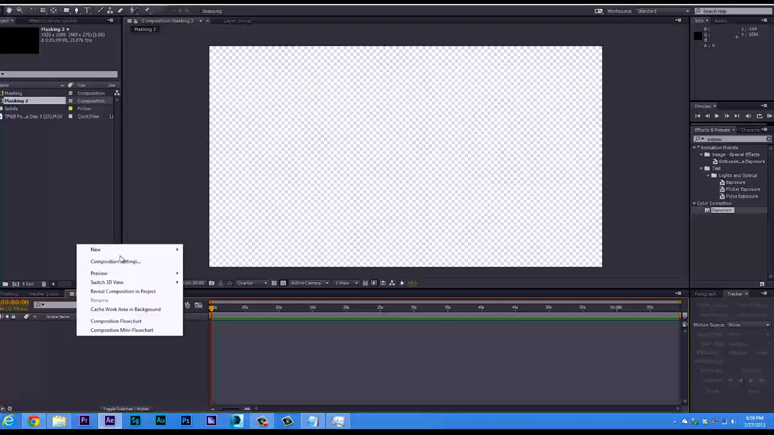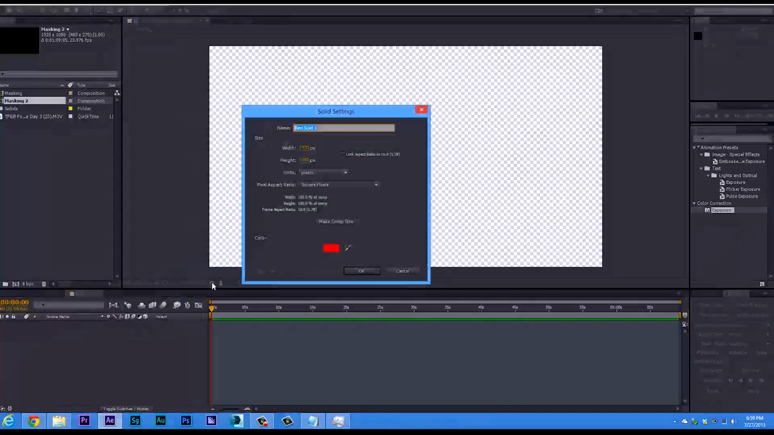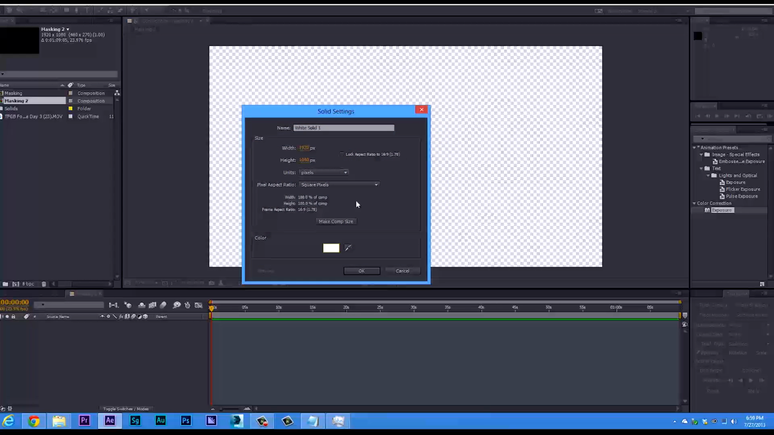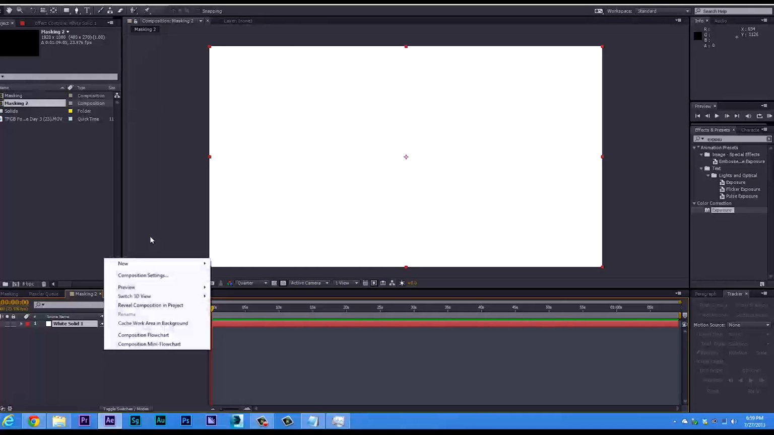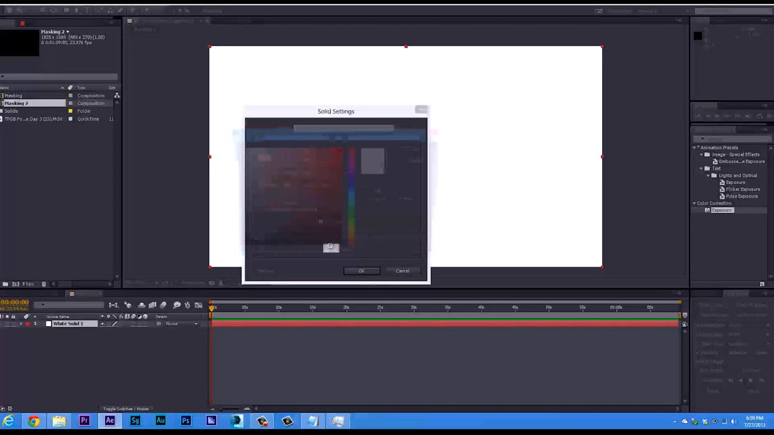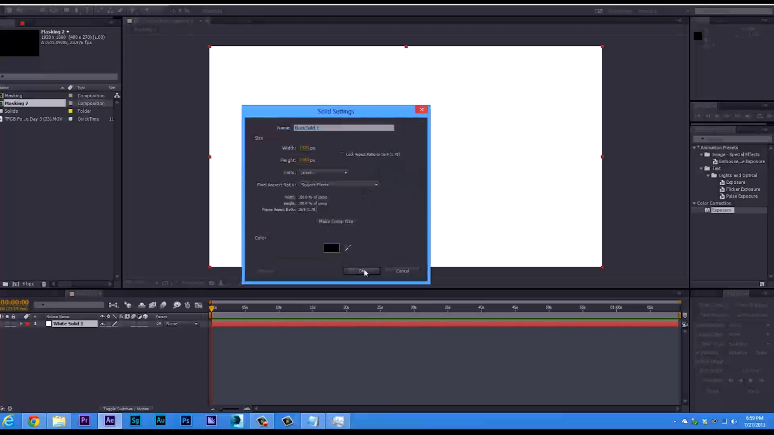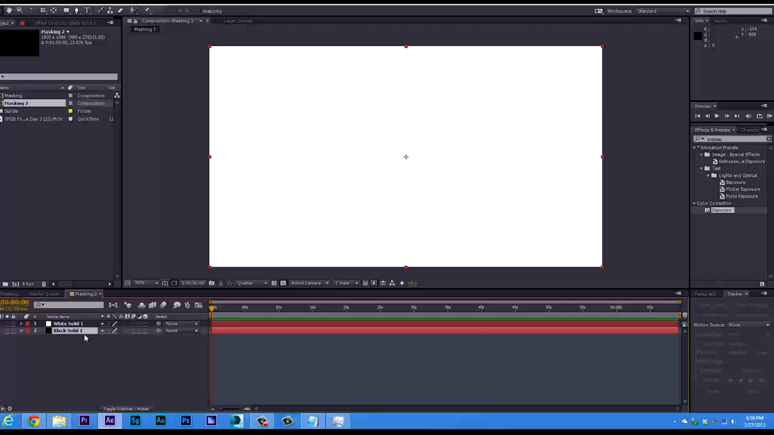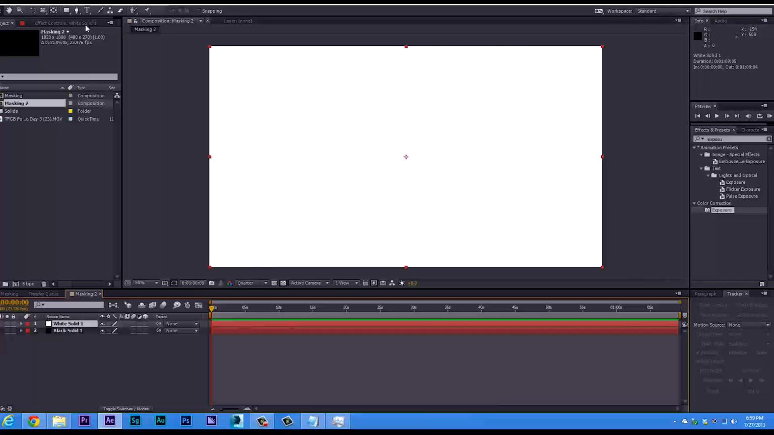So in here we'll do create new solid. We'll make it comp size, and we'll have it be white. Then we'll do layer, new solid, make it comp size, and we'll have it be black. And so now we have the white solid on top and the black solid on bottom. And now, while we have the white solid selected, that's very important, you can select the masking tool,